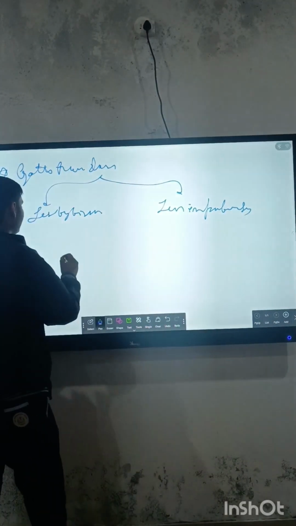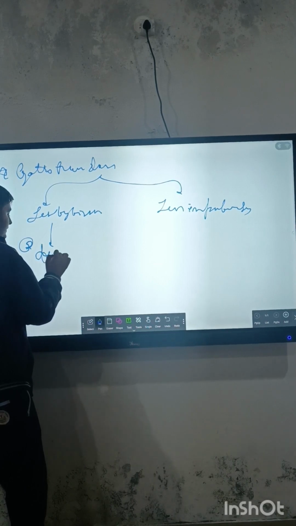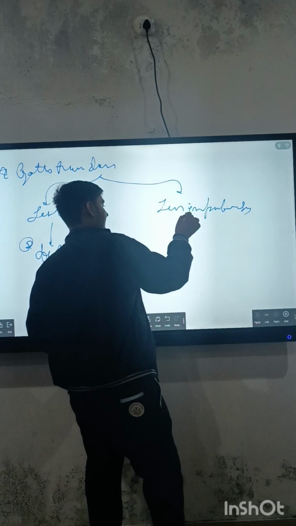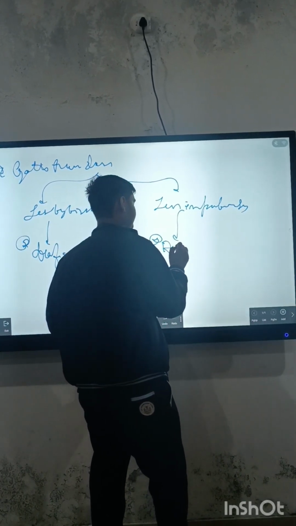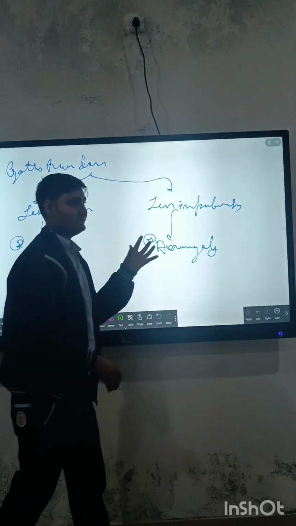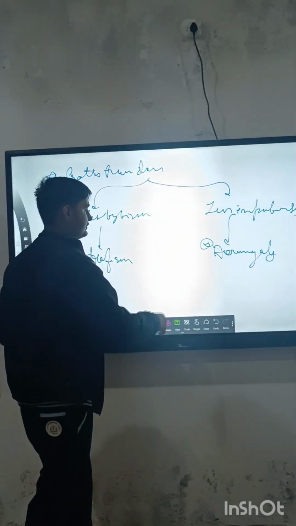If it is less by birth, then the baby is a dwarf. So this condition is known as dwarfism. And when it is less after puberty, this condition is known as acromegaly. In this condition, only a few parts or one part of the body will remain short and other